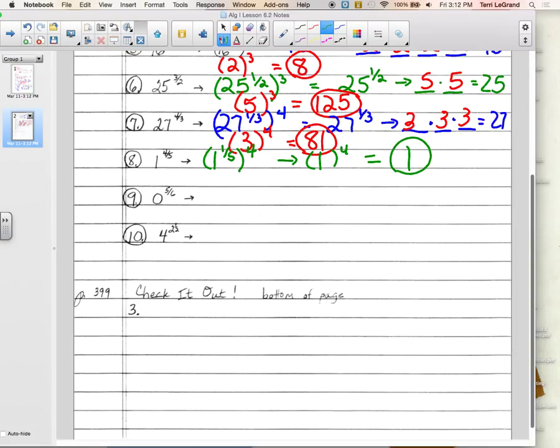0. Really? It's 1. Really? It's 1. Now I'm confused. Just remember you guys, 0 to the 5th power is 0. 0 to the 4th power is 0. 0 to the 3rd power is